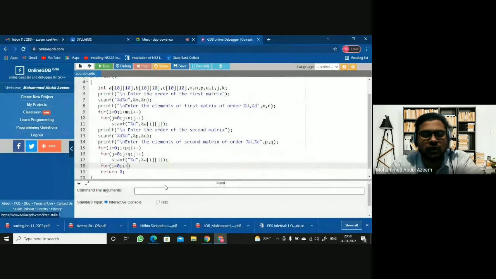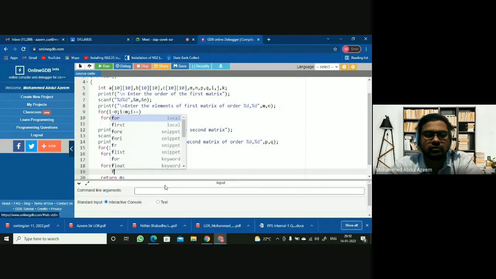I equal to 0, I less than m, because the order of the resulting matrix you will get with m by q, right? For I equal to 0, I less than m, I plus plus, okay?